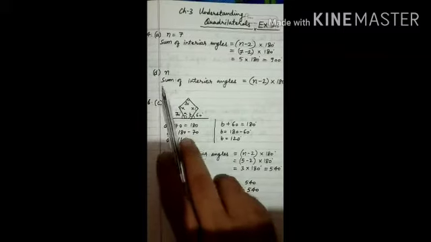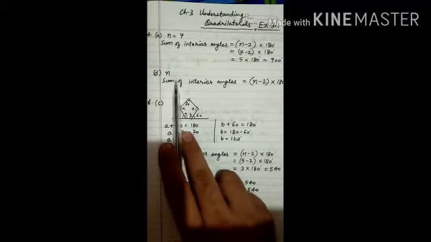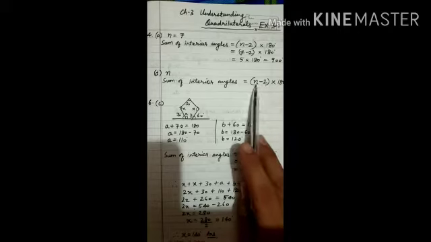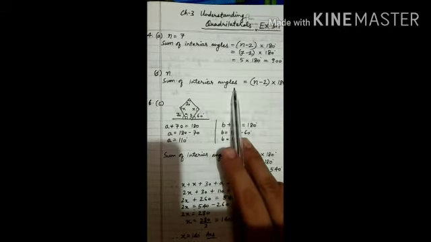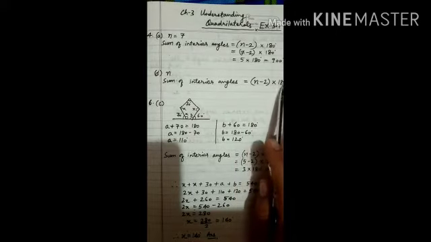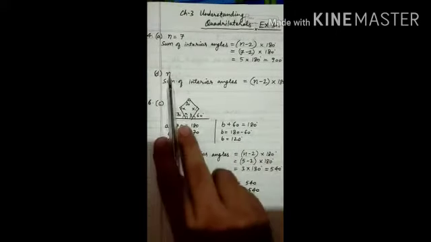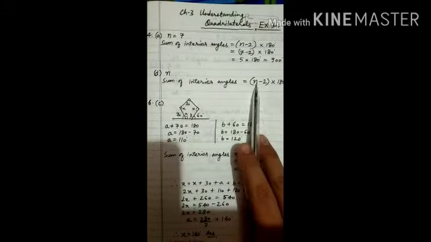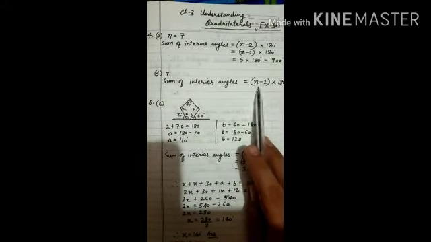Now D part is given. In the same question there is a D part. If there are n sides in a polygon, the formula is n minus 2 into 180. N sides means in place of n there will be n only, so the sum of interior angles will be n minus 2 into 180 degree only, because n तो n है, n की प्लेस पर कोई नंबर तो है नहीं हमारे पास, तो इसलिए फॉर्मूले में भी n की प्लेस पर n ही होगा. So n minus 2 into 180 degree.